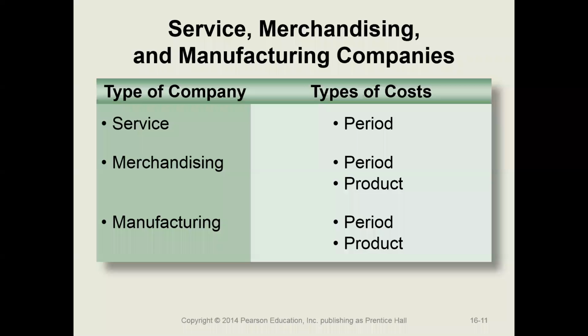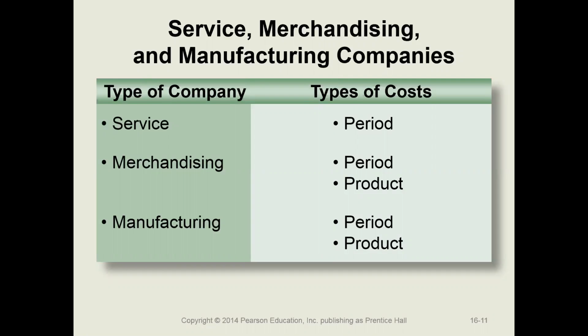The ways that we keep track of costs in the different companies. For service companies, costs are kept track of by period. So for example, we've spent this much on salaries for this month. Okay, there's no product necessarily to allocate or keep track of costs by. So generally for services, and we'll see some exceptions throughout the course, service companies keep track of most of their costs by periods.